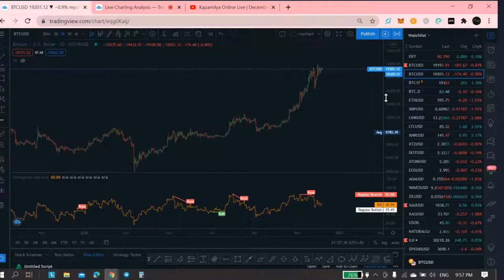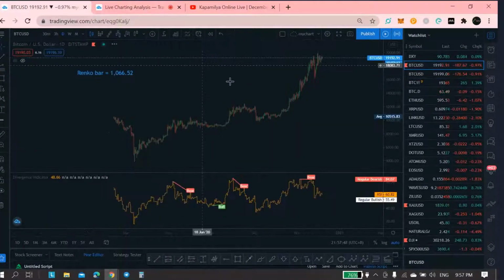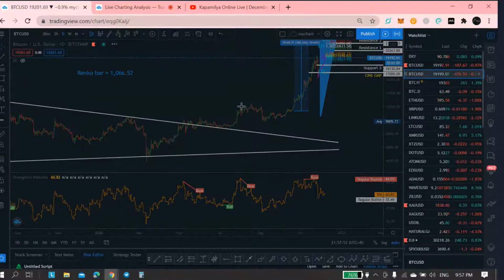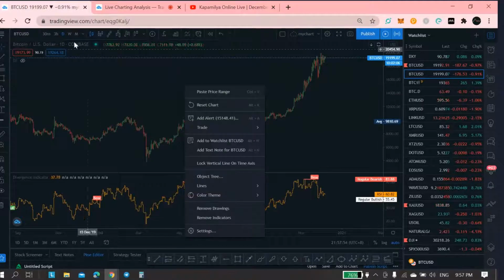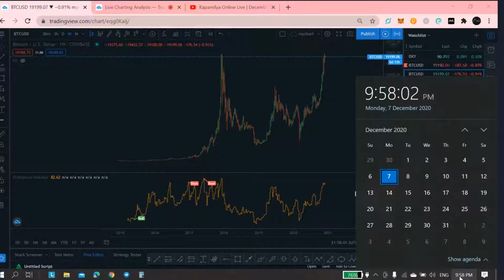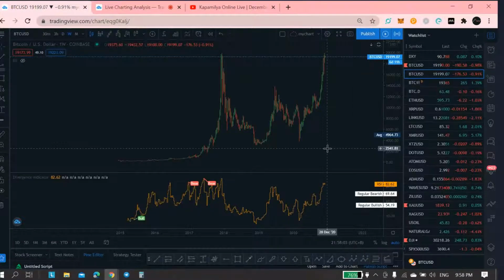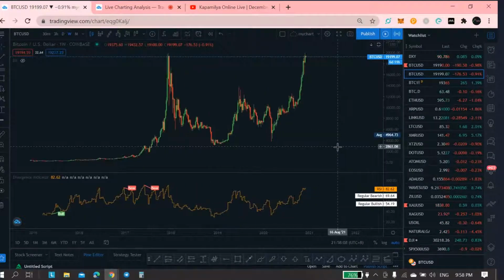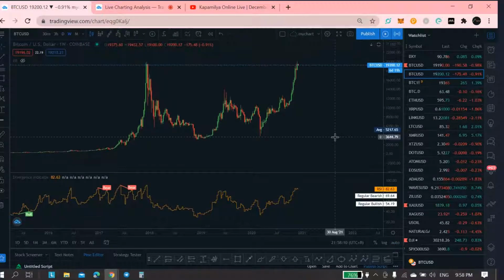Currently 19,200. Okay. So now let's move on to our weekly market drop of Bitcoin. So this time I will use the candlestick. Did I use this one? So I will use the weekly time frame since it just ended early this morning, 8 a.m. Philippine time. So if you look at Bitcoin, you can see that,